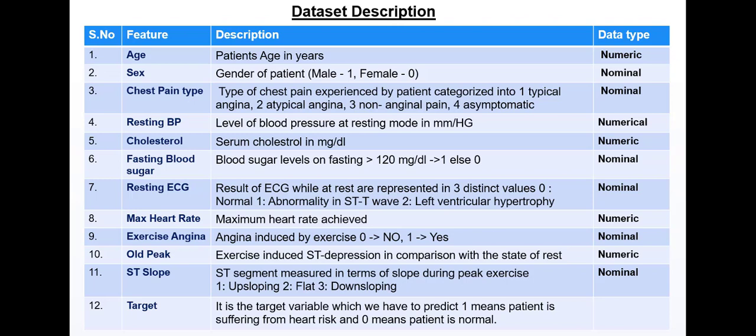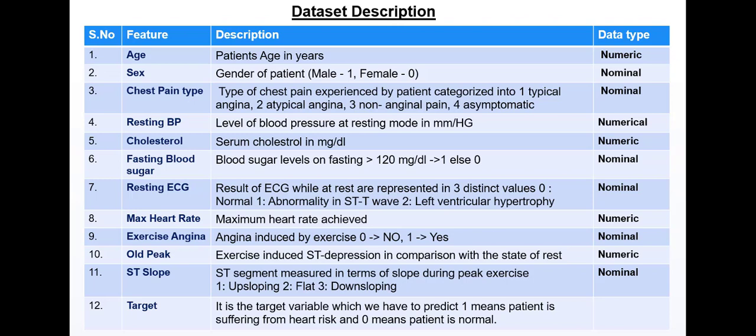Here I want to explain something, because before deep diving into Jupyter Notebook and starting to explore the data set, we should understand each and every feature very well. Because if we don't understand the features and their categories, we don't properly interpret the model, and in the end we'll be building a totally black box model. That I really don't want. So that's why I'll be explaining each and every feature in this data set.